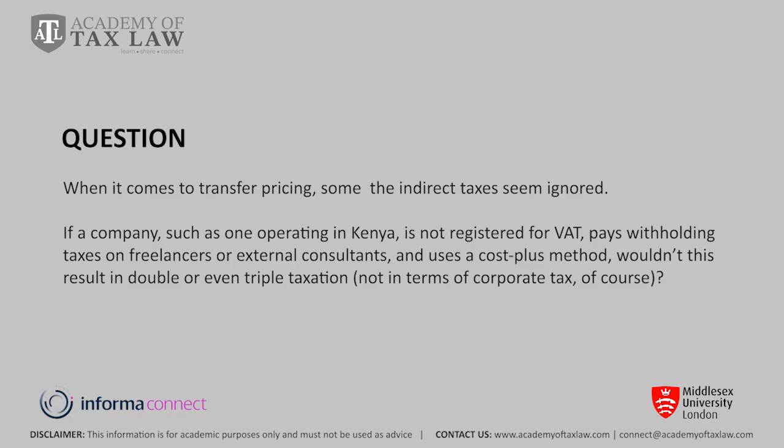So let's complicate things even further by adding withholding taxes now. In Kenya, payments made to freelancers or external consultants are subject to withholding tax, which the company must obviously deduct and remit to the Kenyan Revenue Authority before paying the freelancer or external consultants. This tax is effectively borne by the freelancers, but it impacts the company as well. When these consultants' costs are included in the cost base, the markup under the cost-plus method is again applied on amounts already taxed, this time via withholding tax. So the result is a compounding effect. VAT becomes part of the cost base and withholding tax becomes another layer, and the markup amplifies the overall tax